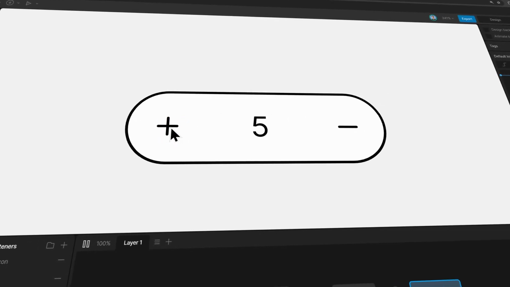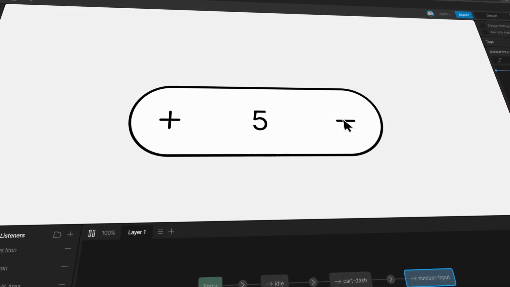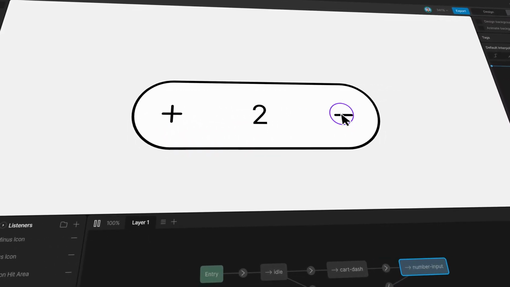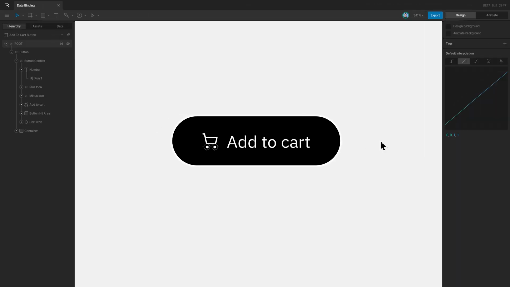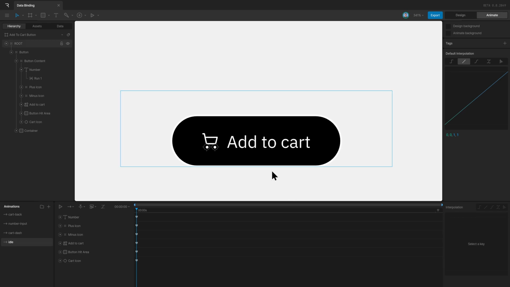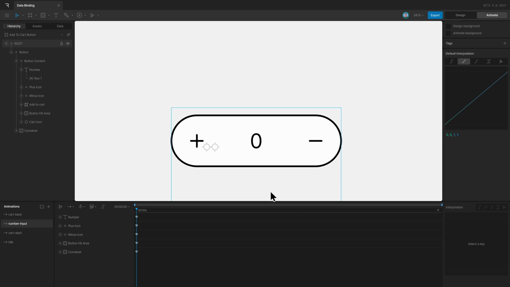In this one, we will learn how to manage a simple number state with data binding, view models, and converters. To demonstrate the same, I've gone ahead and created an add to cart button. It will have two states: the default state, and then when it is clicked, it will become a number input. And there we have two buttons, a plus and minus icon, using which we can control